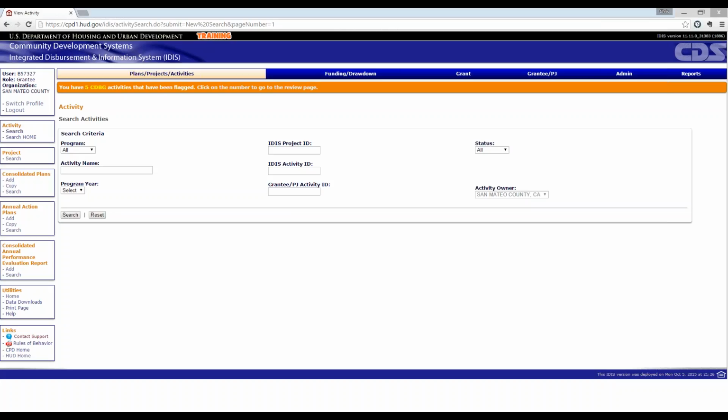Chris mentioned earlier in this webinar that you should, as good practice, limit the number of amendments you do. That means that throughout the year, if you do several amendments to your plan, you should still do those public hearings, still follow your citizen participation process, but hold all of those edits, those updates, those amendments to your plan until one time, probably towards the end of the year prior to you doing your CAPER.